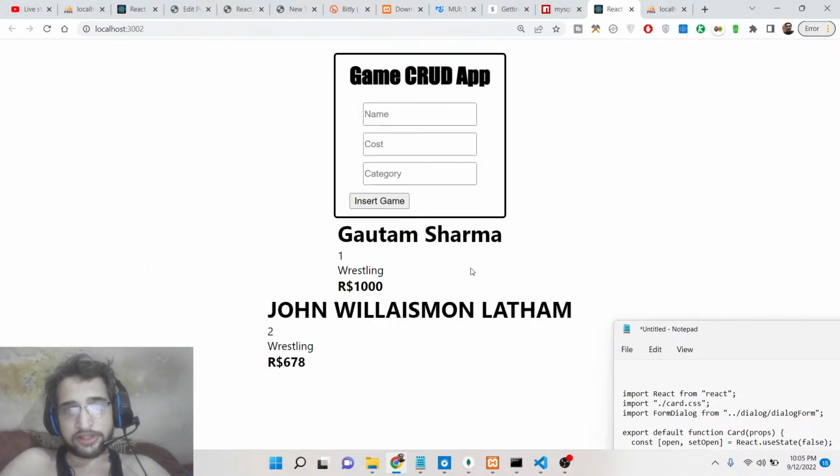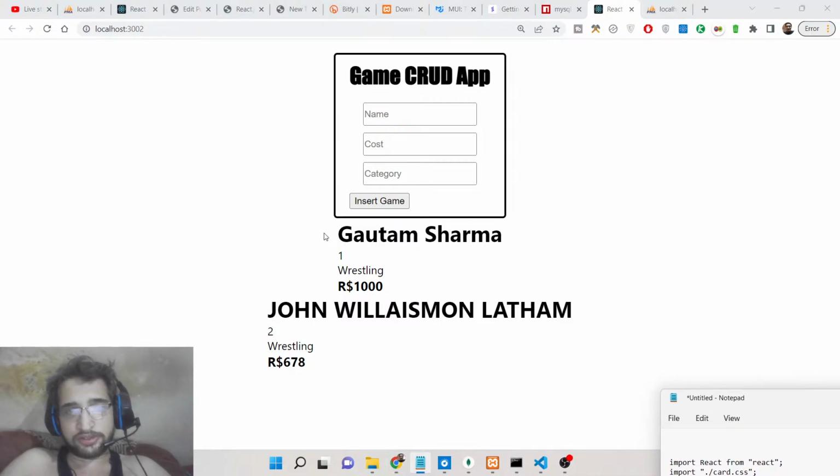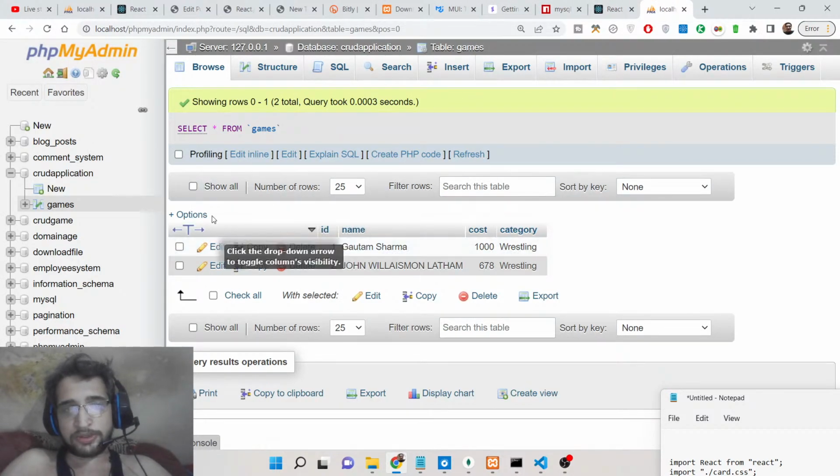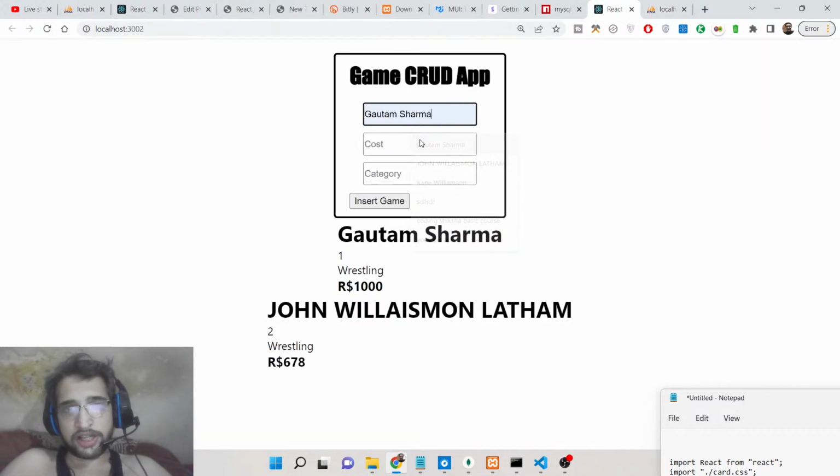all the records have been successfully inserted. You can see two records are there, which is first this is a name, which is ID. You can now see this is a category and this is a cost. If you now see, we have two records out there inside our database. So it is successfully printed out. If I add the third one,